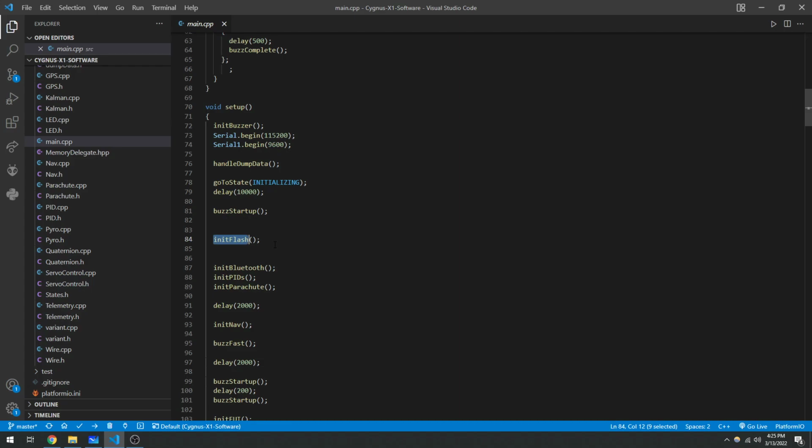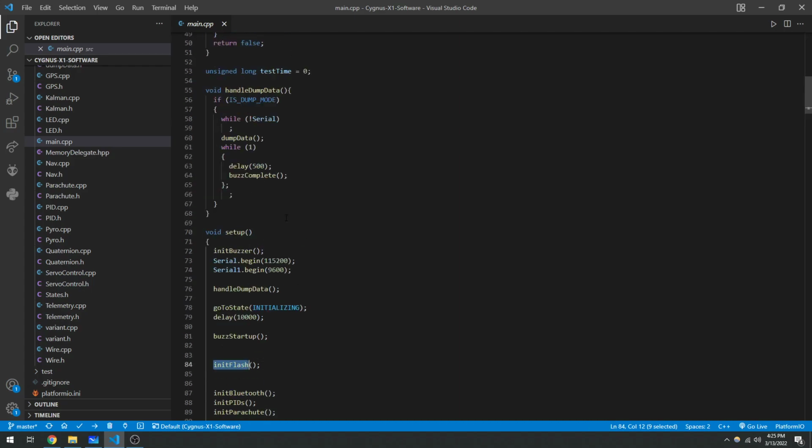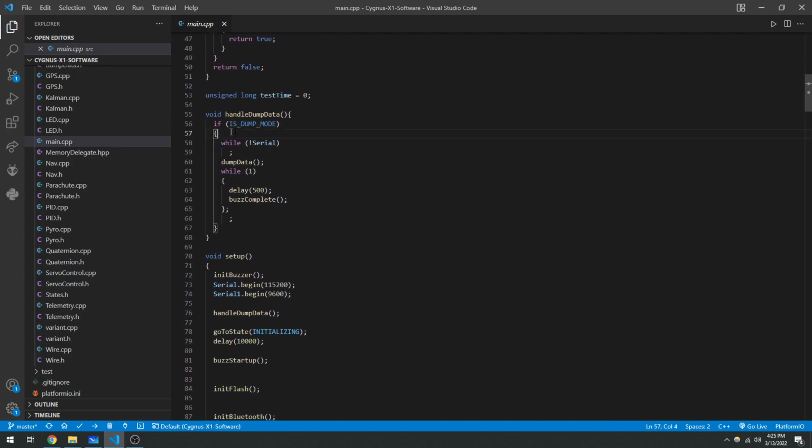It does not delete the flash data yet. It deletes the flash data the next time it starts up. So what this does is, if I see that the SD card got corrupted data or it didn't transfer properly or whatever, what I can do is upload some new code to it with is dump mode true, and